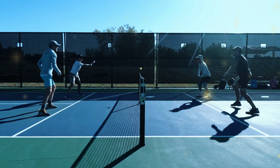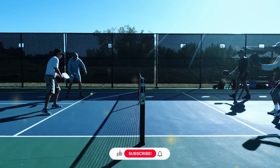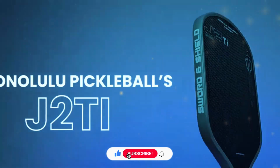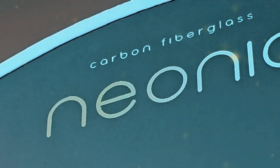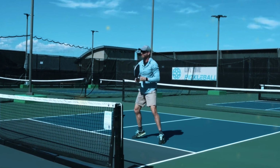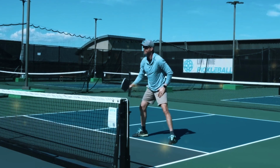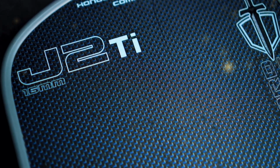The Honolulu J2 Ti excels in spin, power, control, and durability, making it a true all-rounder. The titanium infusion not only enhances durability but also maintains the paddle's lightweight feel, ensuring consistent performance over time. Its wide sweet spot makes it forgiving for beginners who are still mastering their technique while providing the precision demanded by advanced players. Although the J2 Ti comes with a premium price tag, it offers exceptional value as a long-term